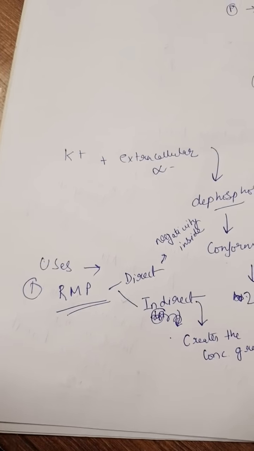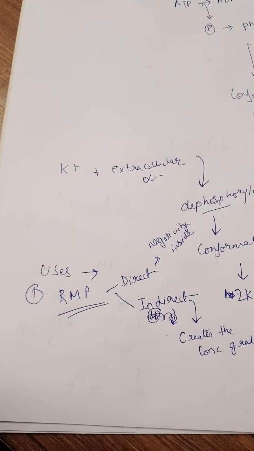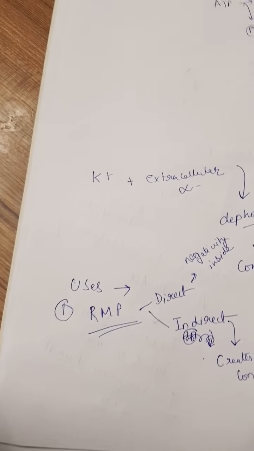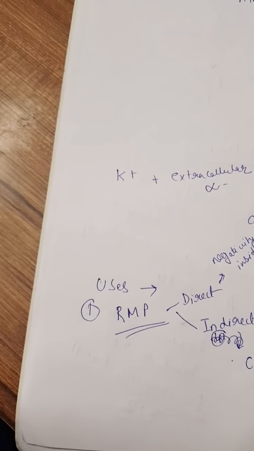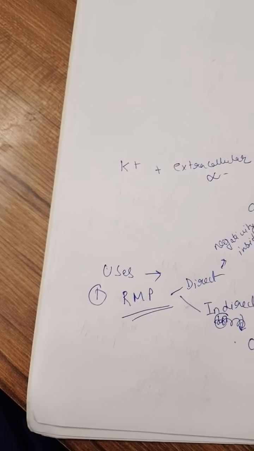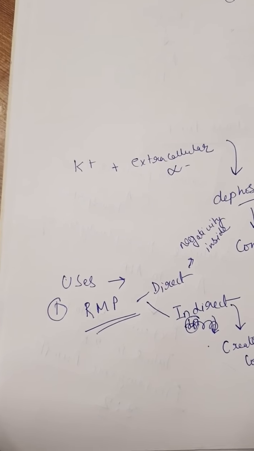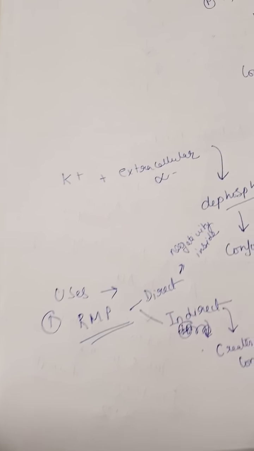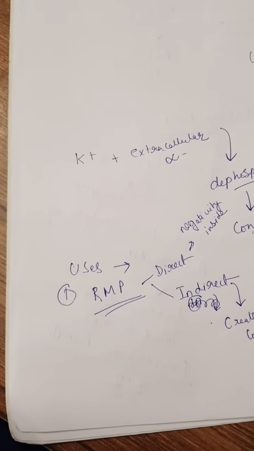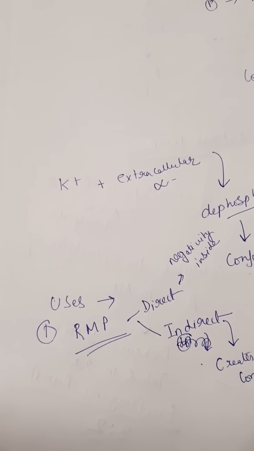Okay. There are many other functions like transport of different solutes across the cell membrane by development of gradient. I think you have learned about this in secondary active transport. Okay. It also helps in maintenance of cell volume. You'll learn a little bit more about this in Gibbs-Donnan effect. It helps in signal transduction by moving ions. It helps in regulation of neural activity, and it also helps in acidification of gastric contents.